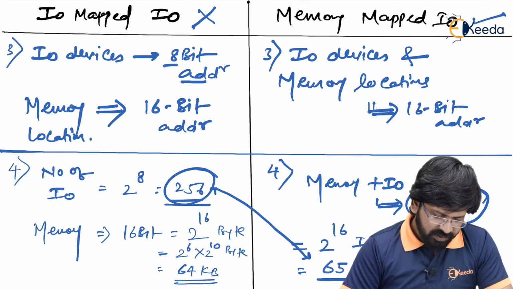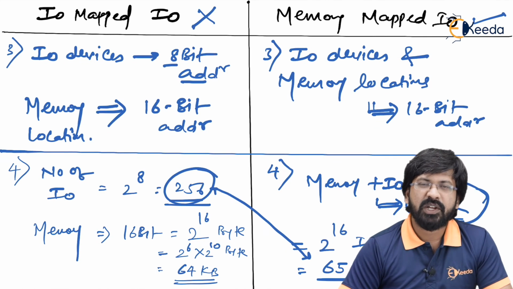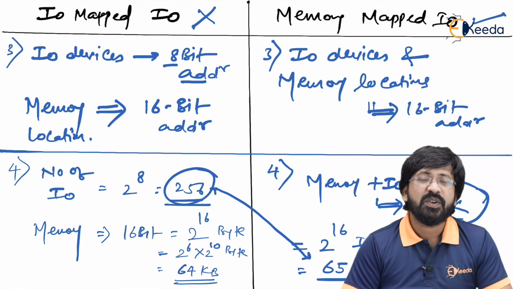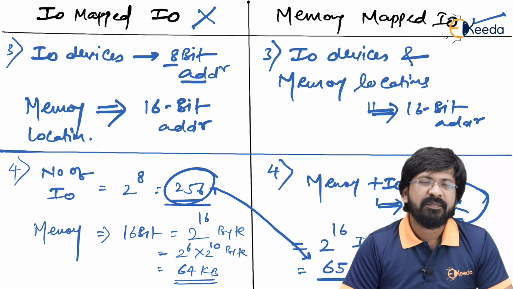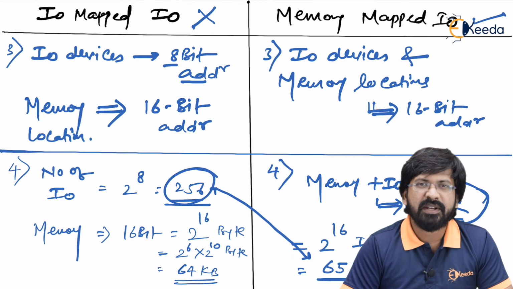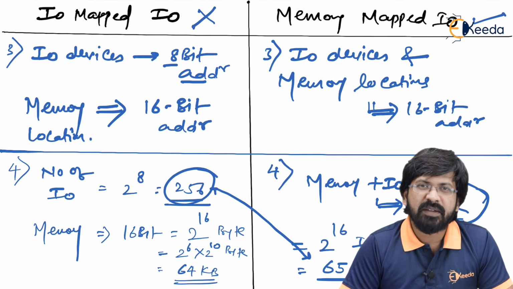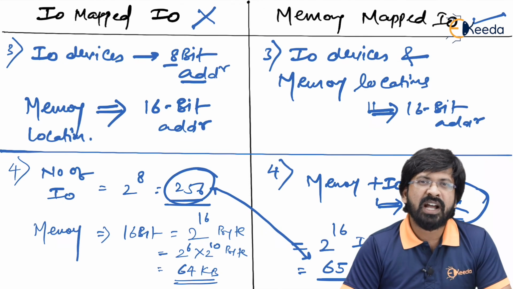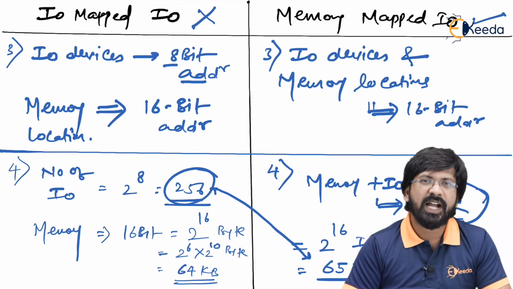So it is quite sorted out in IO mapped IO. We have separate instructions to access IO devices and separate instructions for accessing memory. When it comes to memory mapped IO, mind you, IO devices are part of memory, so there is absolutely no differentiation between memory and IO. So to access both of them, we use the same set of instructions, that is LHLD, SHLD, LDA, STA, etc. So there is no significance of the IN and OUT instructions when it comes to memory mapped IO. Remember, you can use the IN and OUT instructions only if you have adopted the IO mapped IO technique.